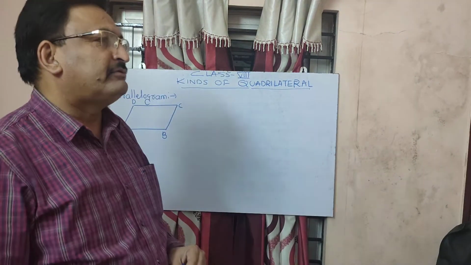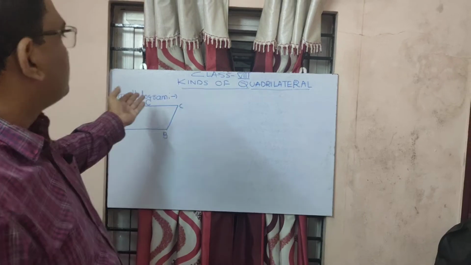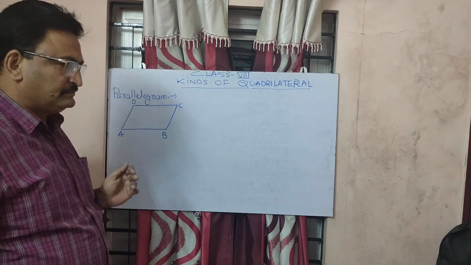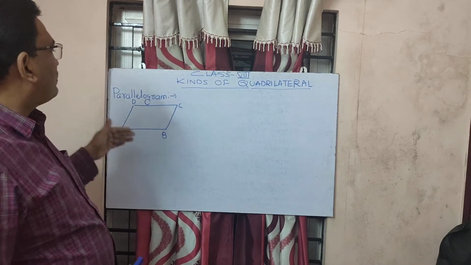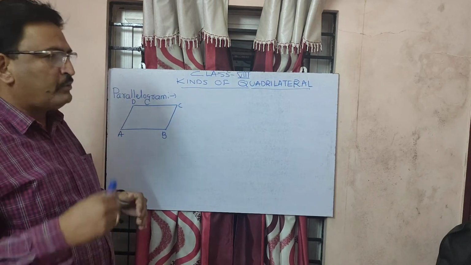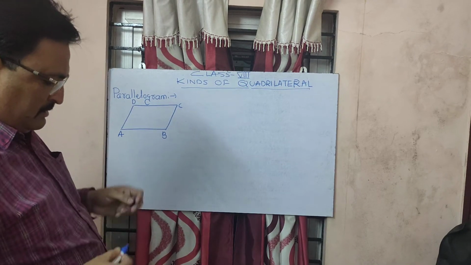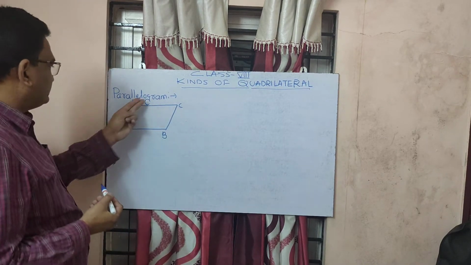Yesterday we learnt about the properties of trapezium and kites. And now the third type of quadrilateral, that is parallelogram. Now the figure is like this. So what is the definition of parallelogram? How can you define a parallelogram? A parallelogram, as you see,